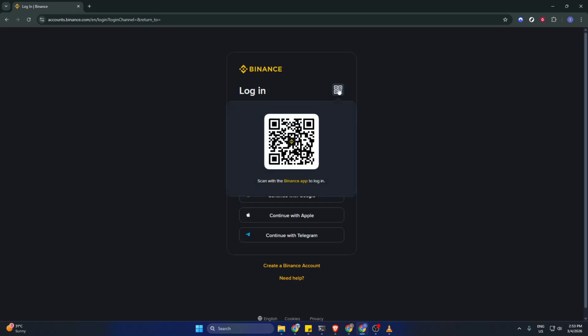A square QR code will appear on your screen. Now grab your mobile phone that's already signed in to the Binance app. Open the app and locate the built-in QR scanner, typically found near the search bar or in the scan icon on the home screen. Point your phone's camera at the QR code on your computer and hold it steady until